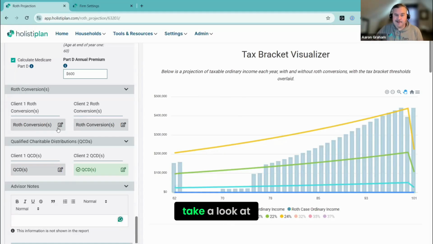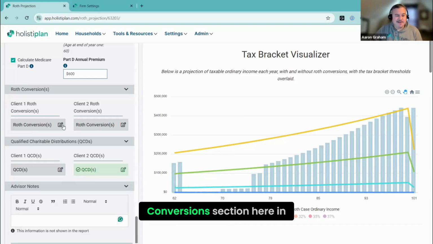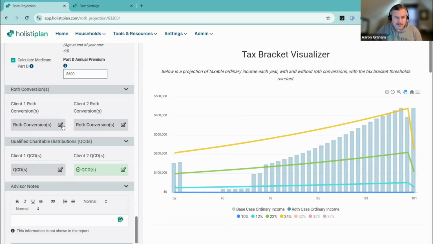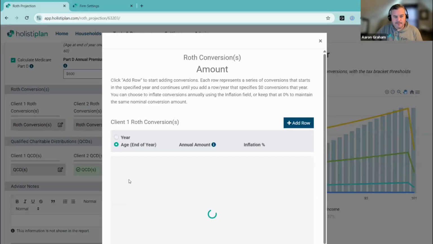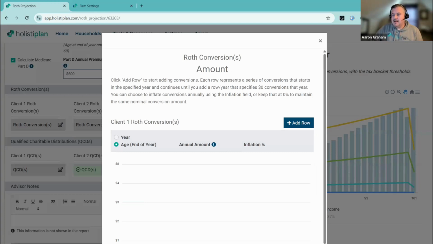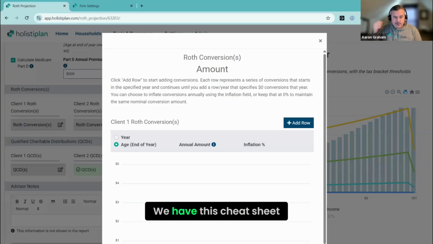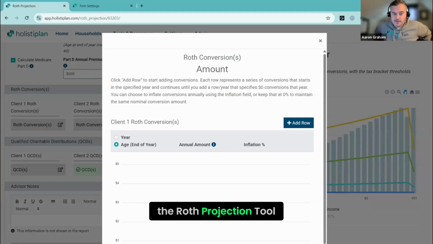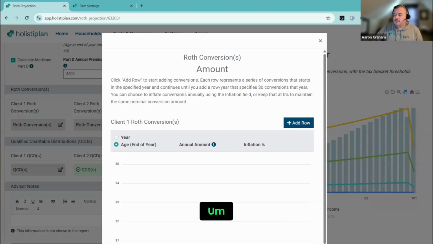Now we can finally take a look at the Roth conversions section here in the control panel. So I'm going to open up the client one conversions for Bob. We're going to start with some conversions here for him. And again, I'm looking at a cheat sheet. We have this cheat sheet available as a link in our articles related to the Roth projection tool. So I've worked some of this out ahead of time, but I'm going to assume for Bob,